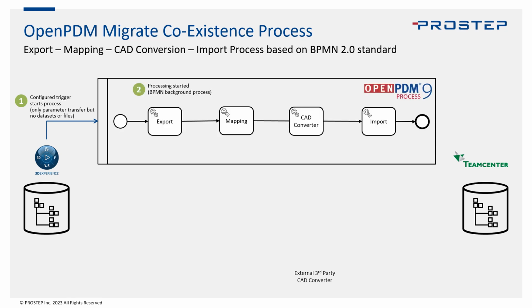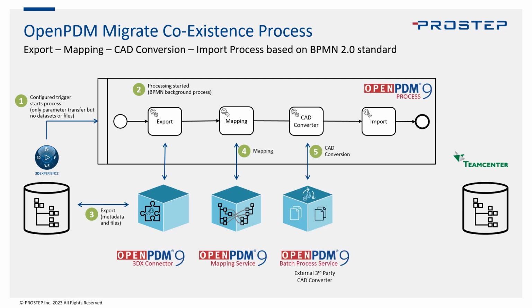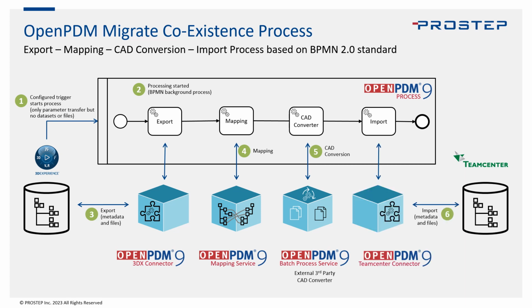Behind the scenes, you would start that in the background in the OpenPDM process server, use the OpenPDM connectors to export the data or the CAD with a controller, the mapping service to map it, the batch process service to do translation if you need some conversion, and then import the data to the other system with your OpenPDM connector. So you can utilize these to do bidirectional exchange of data after the initial load of whatever that 20%